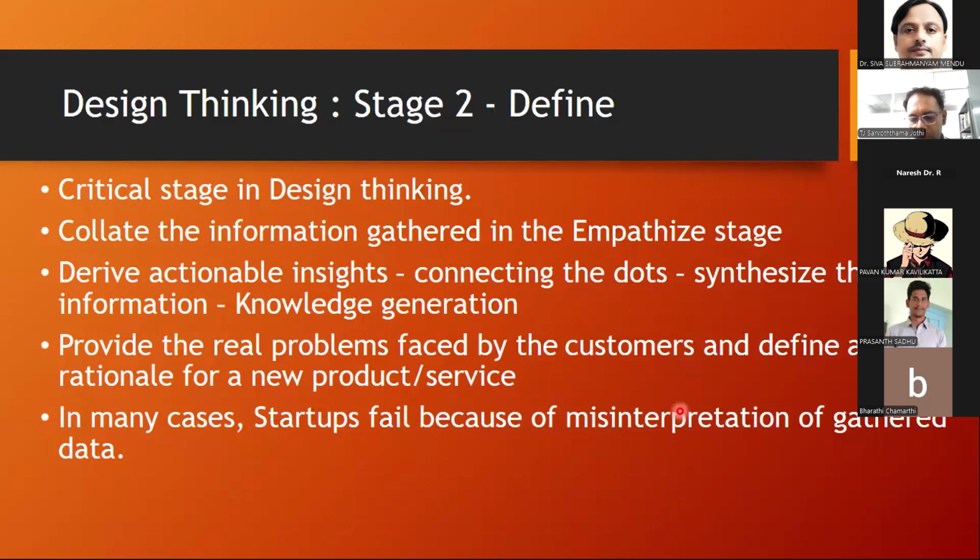Okay, so now a general idea is there. Now I have gathered the data with the customers. Now next is I can define the problem. Just like how in research we define the objectives, right? So same way here we have to define what I can make for them. Okay, what type of product. Now I can focus on what type of product I can make for these people or for the customers.